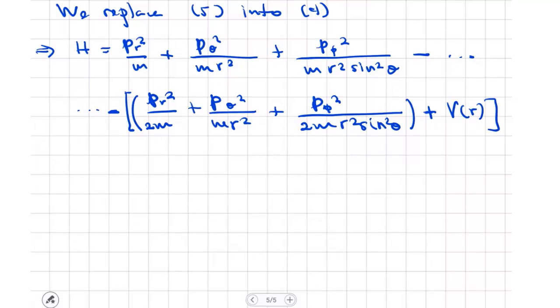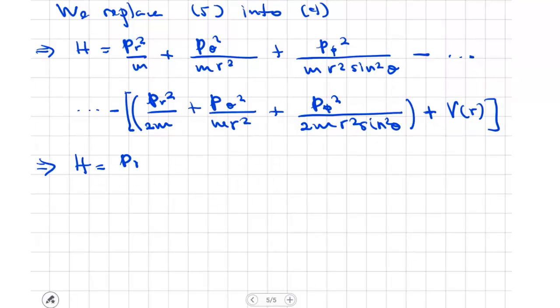So the distribution of the sign, for example, here we have minus, and inside the bracket we have plus on the first term and plus for the potential. So when we distribute the minus sign into the bracket, every sign is going to change, right? Then we have the following equation: